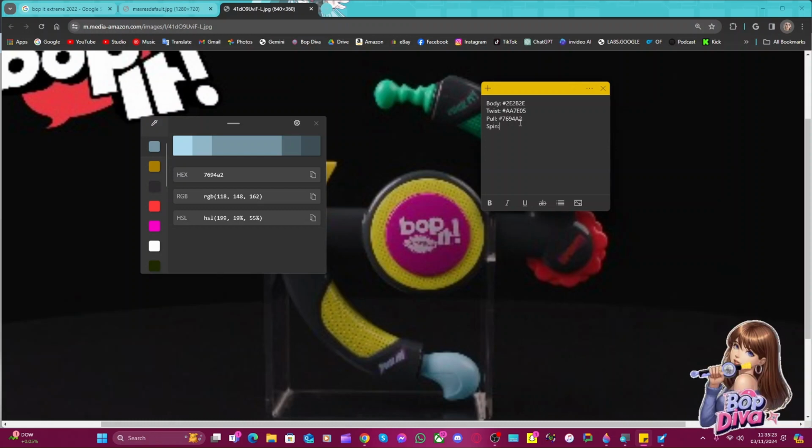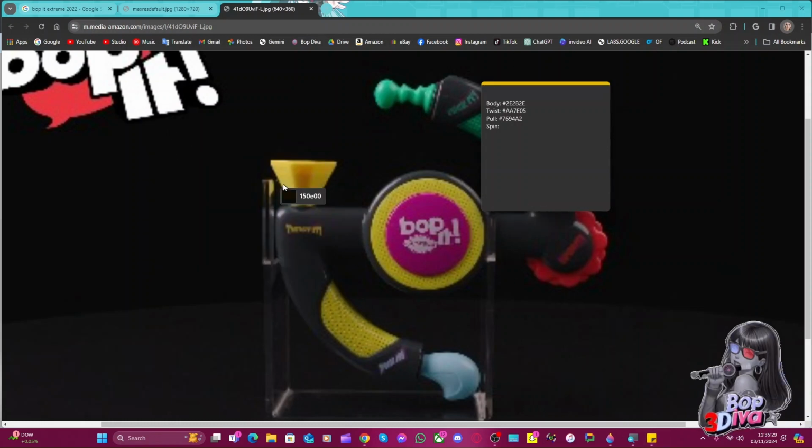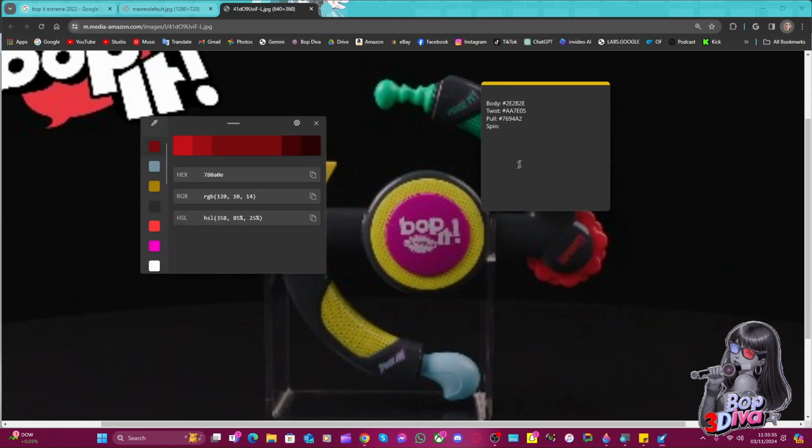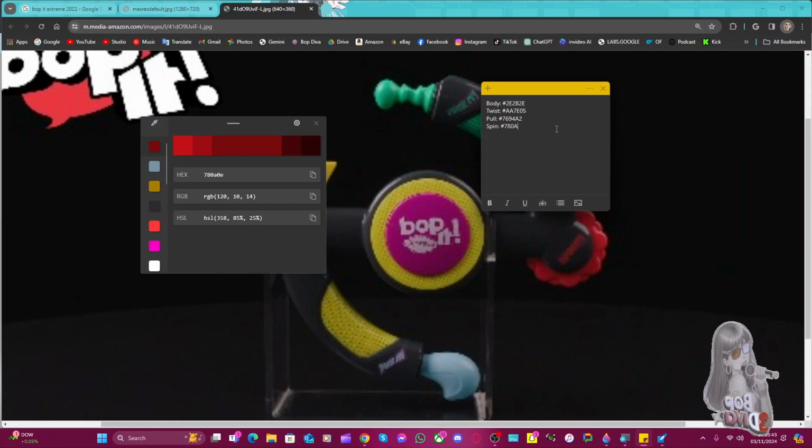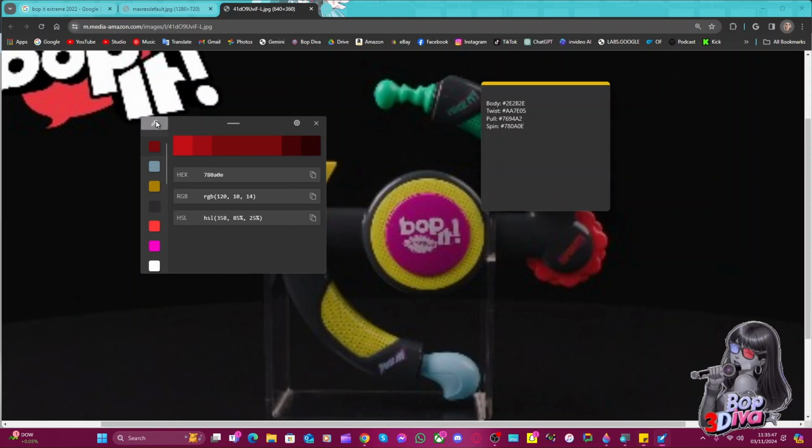The spin wheel, and we're going to make all these ourselves here. The graphic makes it look red, but the game is actually orange. But we're going to use red anyway because it looks better in Bop It Extreme. So that is 780A0E, and then the flick it